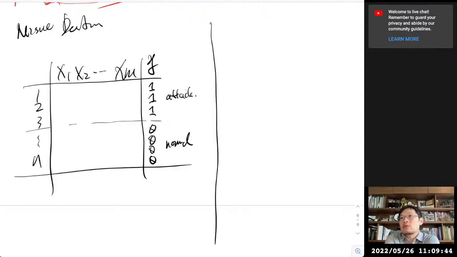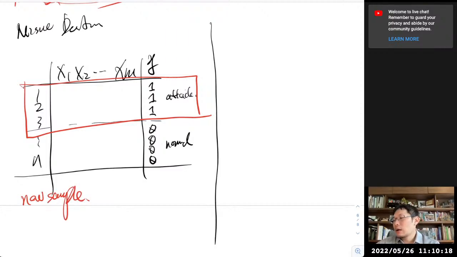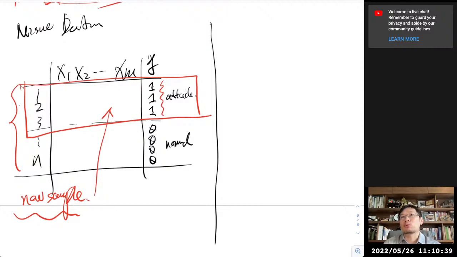However, you can imagine there's another thing which we do not mention right here. What if I only have attack data, and I don't want to collect normal data? That would be directly detecting if a certain new sample is an attack. I don't want to do supervised learning. I don't want to build a classifier which can classify attack or normal. What if I only want to collect attack samples, and if there's a new sample, can I just simply match the new sample to the old, known attacks? That is still okay, but